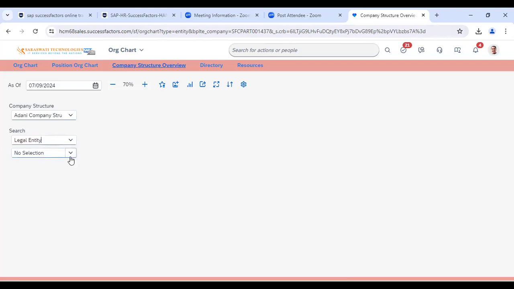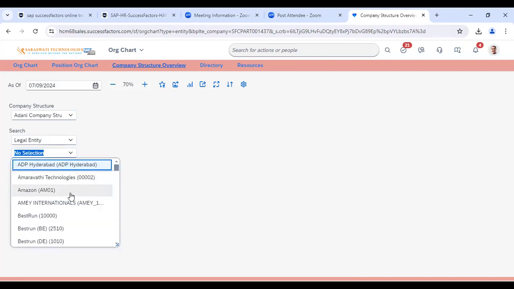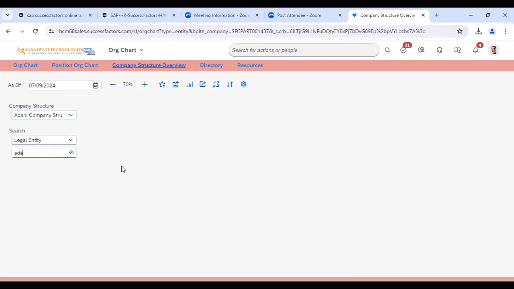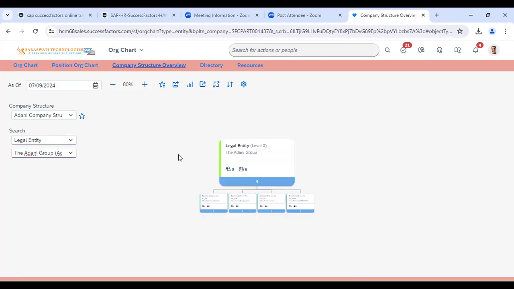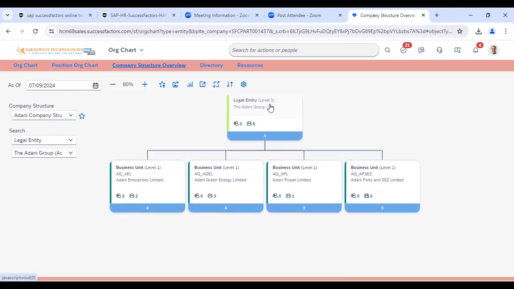The legal entity is at the top level. For an example, Adani, just give me a second. Okay, this is the Adani group. You can see here that Adani group is the basic one, like I told you, the Reliance, just take an example. And these are the business units under the legal entity which we are having as of now. This is a very simple thing that can be configured in the system,